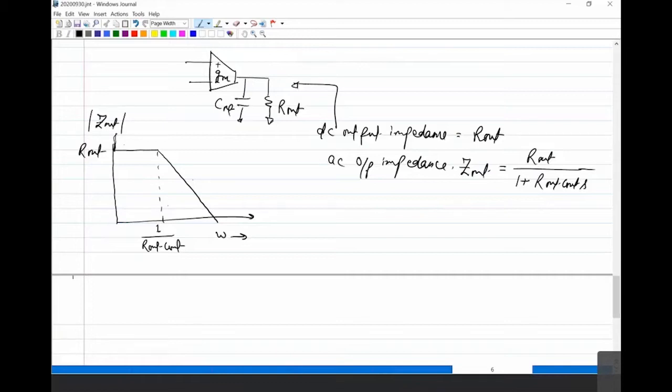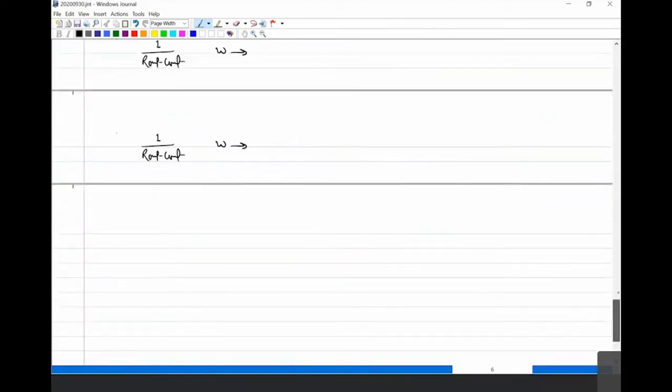basically R out. So let's say you have a DC change. In the DC change, how much change in the voltage with respect to the change in the current will be determined by your R out. So the smaller the R out, the better your DC impedance would be, and that will give you better load regulation also. Remember the load regulation was when you change your load current, but this load regulation we are defining with respect to a small signal, not a large signal. So your small signal load regulation will always be better if your output impedance is small. Okay, so now this was in open loop.